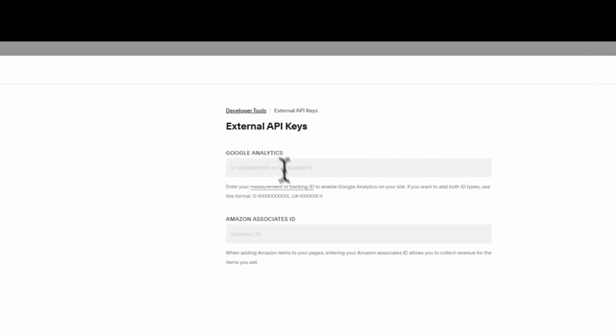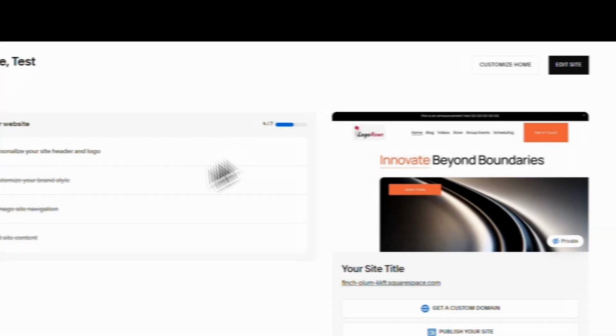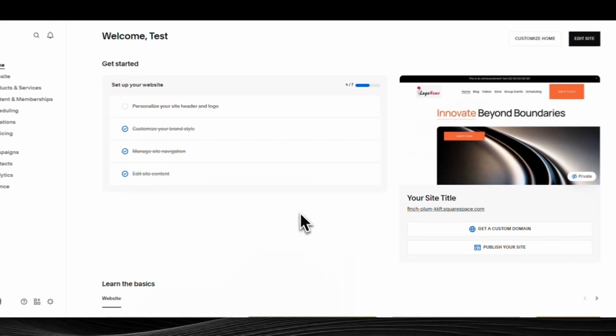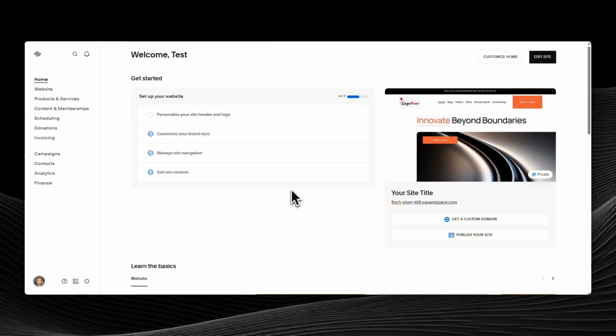Once the ID is in place, Squarespace will handle the connection on the back end, and your site will begin sending data to your Google Analytics property. Data in Analytics isn't always instant. Allow some time for initial activity to appear. If your site is brand new or has low traffic, you might see data trickle in gradually as visitors land